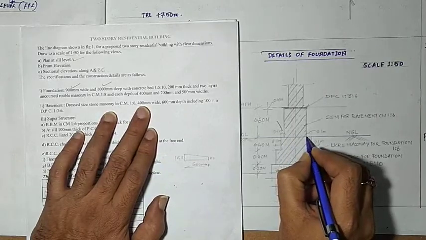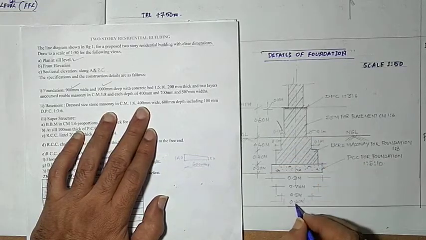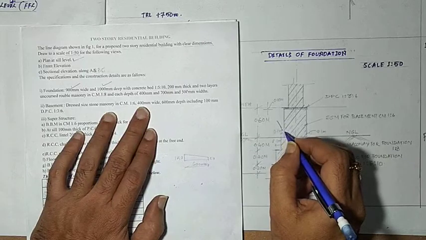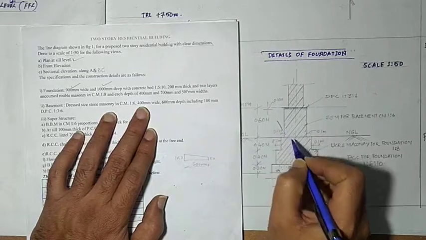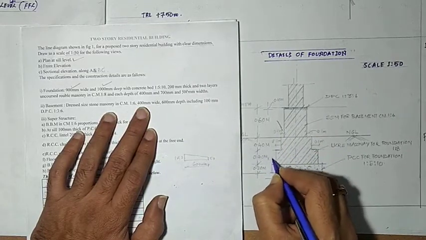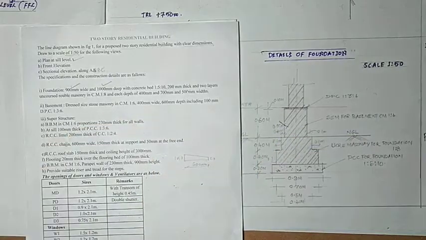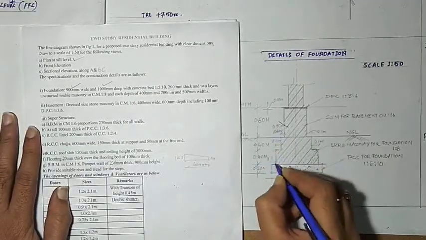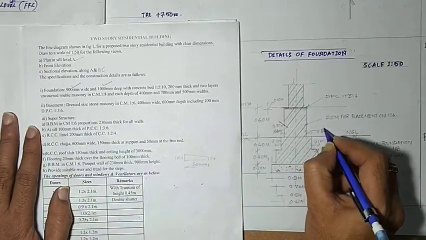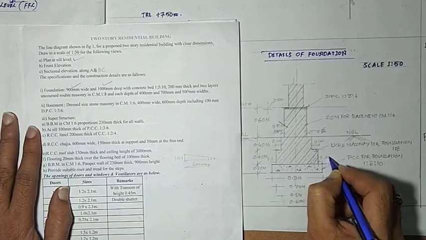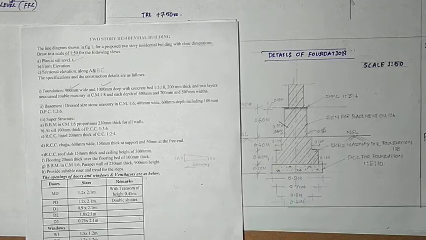So this is 400, nothing but you have to calculate the offset: 0.5 minus 0.4 divided by 2, it comes around 5 centimeter, 0.05 meter. So 0.1 divided by 2, here the offset is 0.1, sorry, this is 0.1 and this is 0.05 meter. So this is not 0.1 meter, it is 0.05 meter. So here it is 0.1, here it is 0.1, here it is 0.05 meter, here also it is 0.05 meter. Again here the offset is 0.1 meter. So while calculating you have to calculate these offsets, so that it will be better to draw this diagram.